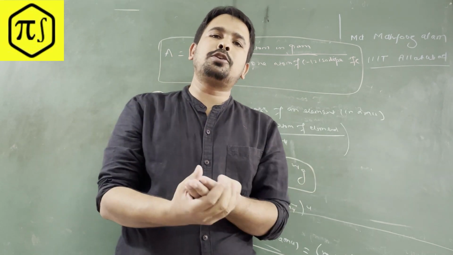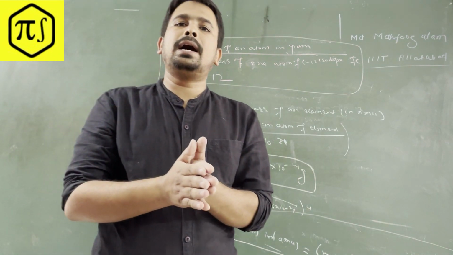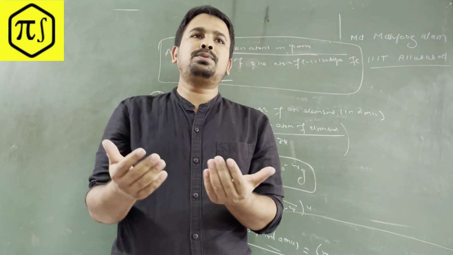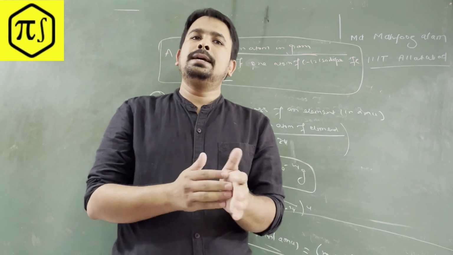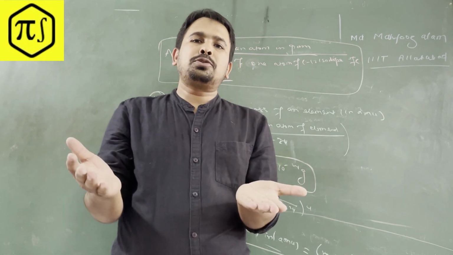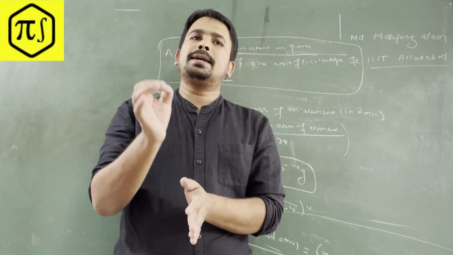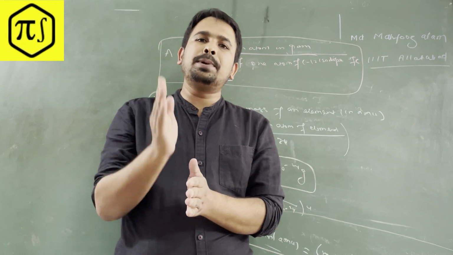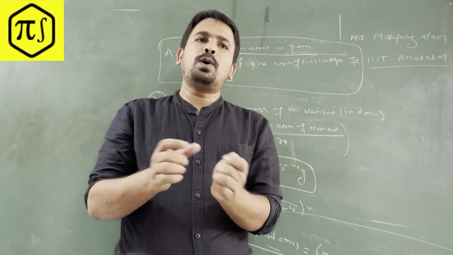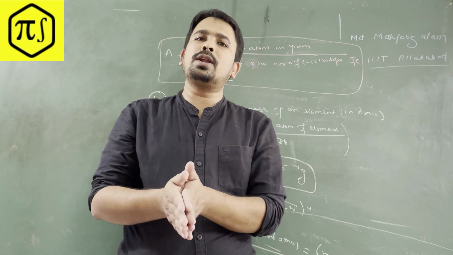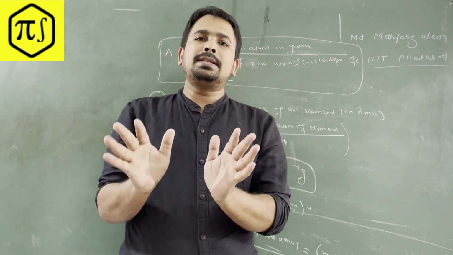Now let's talk about average atomic mass, right? See, the concept of average atomic mass is going to come when the element has two or more different types of atoms, what we call isotopes, right? Remember the isotopes. What are the isotopes? You know already. If you don't know, then I'll tell you in one line: atoms which have the same atomic number but different mass number, right? This we call isotopes. If you want to learn more about these isotopes, you can learn in atomic structure. Very basic definition is there, so we're not going to teach you here.